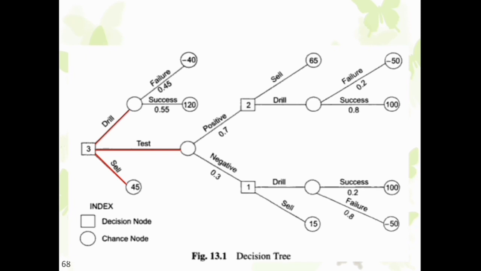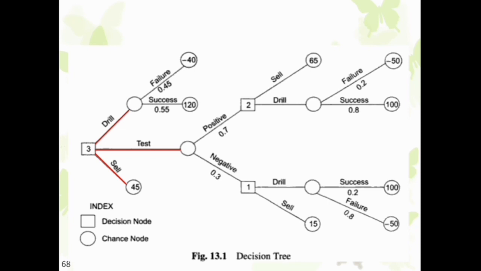See the drilling option. If the company goes for drilling, then there is a chance that it can turn out to be successful or it can turn out to be failure. Is that within the control of the decision maker? No, it is beyond the control of the decision maker. So that is a chance node, and that is why it is given as a circle. The probability of failure and success is given in the table. You can refer and construct it as such, and the payoff values are also given in the table. Now concentrate on the testing option.